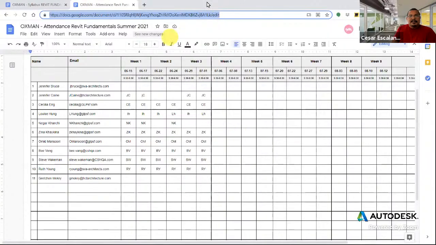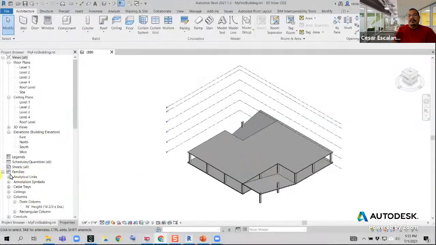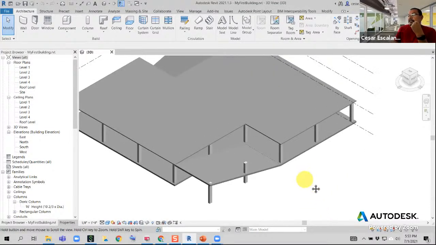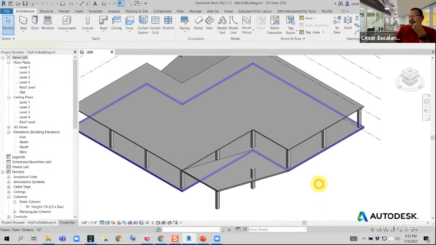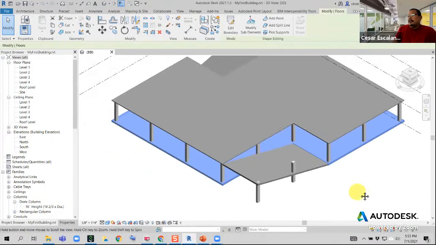Let's close this and move this to my other screen here. And let's pick it up from where we left off. All right, so last class, we created structural elements. We created our first system family, the floors. And I'll show you that